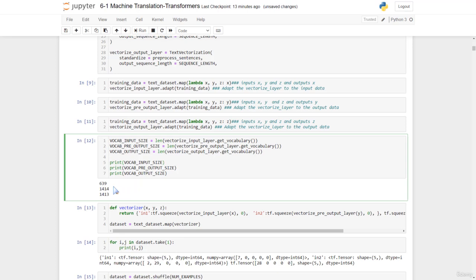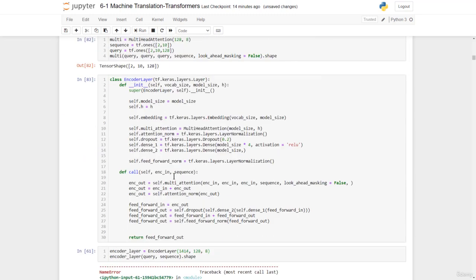Now notice that there's a difference of just 1 between the two, and this difference comes from the fact that the pre-output has a start token, which the output doesn't have. So if you want to match a word in the output vocabulary with that in the pre-output vocabulary, we need to do a modification such that if we have a 7 here, like we saw in the example, then in the pre-output this should be an 8, because the first position has already been occupied by the start token. So there's a shift by 1 right here. So let's come back to this